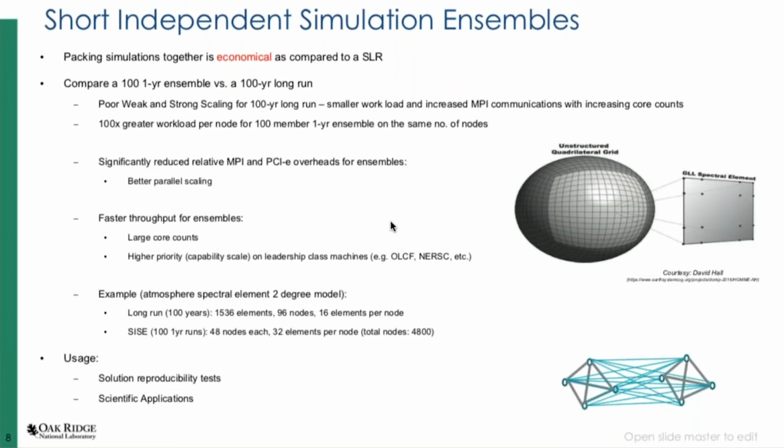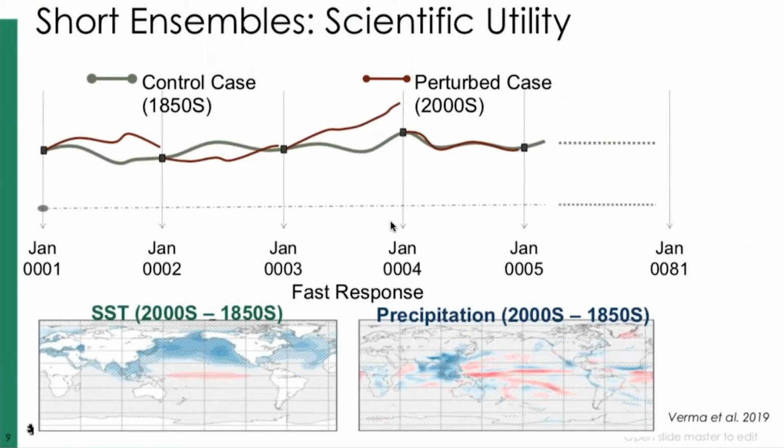So these short simulation ensembles could be used for solution reproducibility tests, as we'll see quickly later, and they can also be used for scientific applications. One such application we had done in the past was using this approach to understand the effect of sulfates on the upper ocean. So what you have here in the gray line and the cartoon here is the control